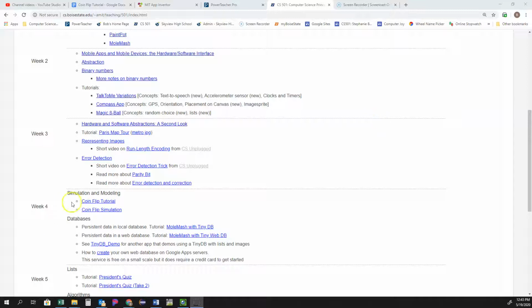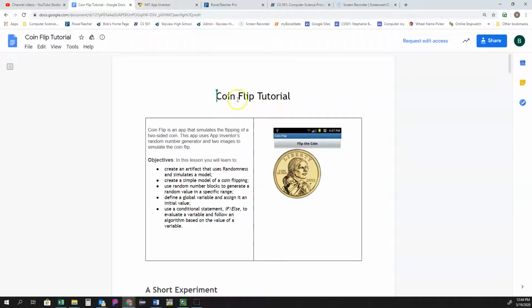Here's a quick tutorial on your coin flip tutorial. Selecting this link will bring up this document here. Coin flip tutorial. So what we're going to be working with in this particular application is your random number generator